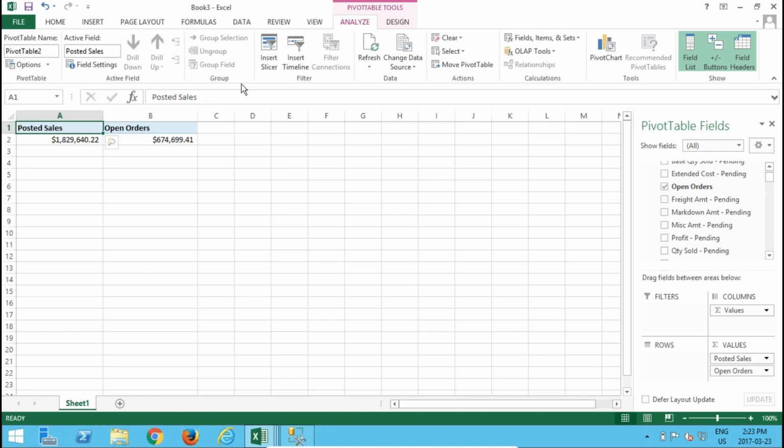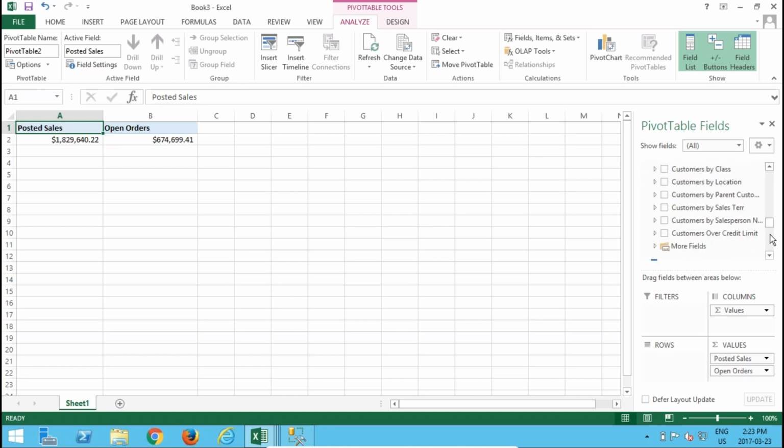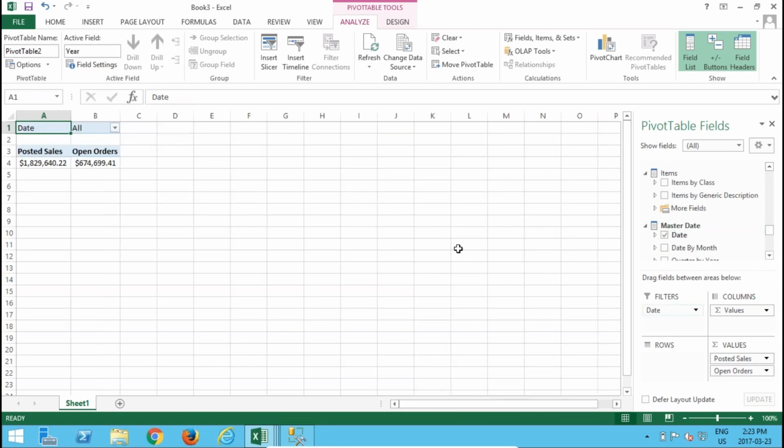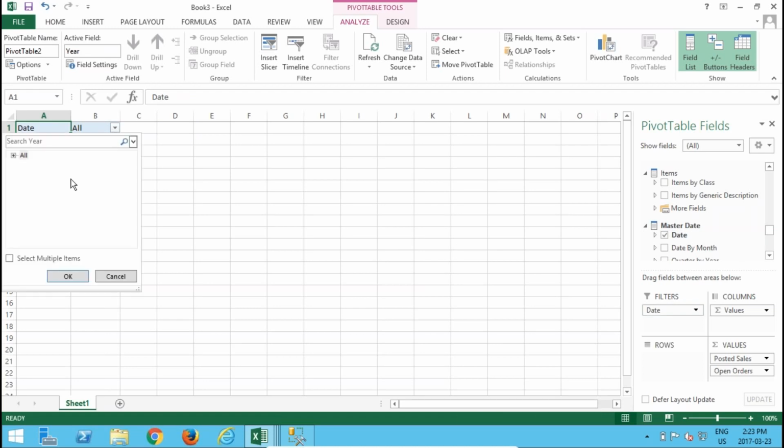So the next thing we could do is add the date to this. So let's scroll down here and find the date field. There's a date field, so let's grab it and throw our date field into a filter at the top of the page. I happen to want to only look at 1 year right now, so I'm going to open this up and just look at 2017. If I wanted to look at more than 1 year, I can turn on select multiple,